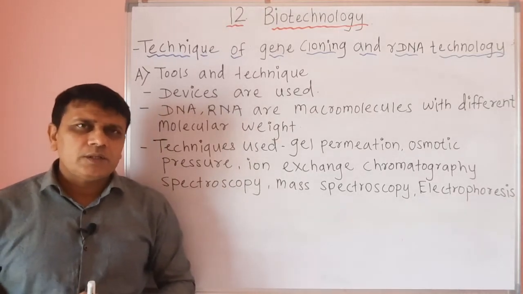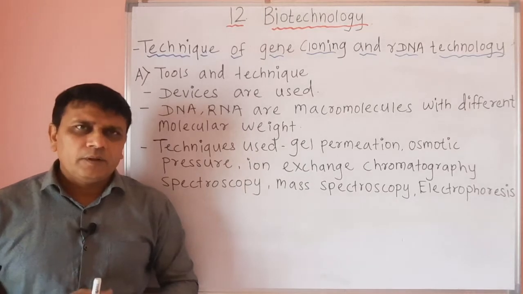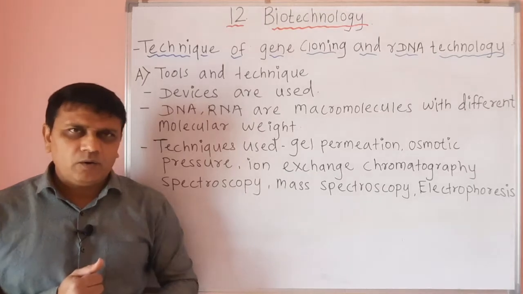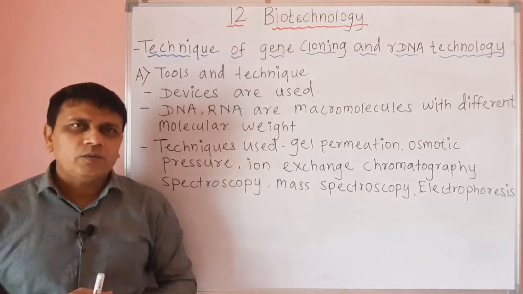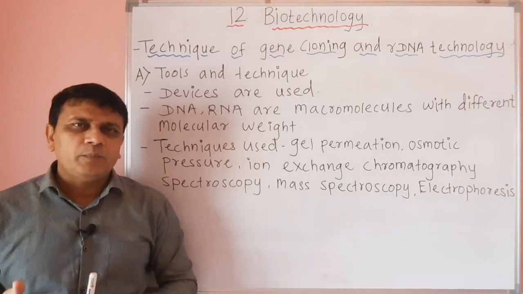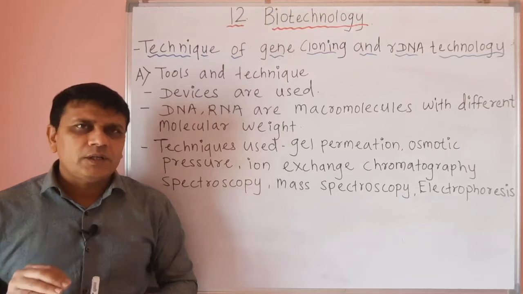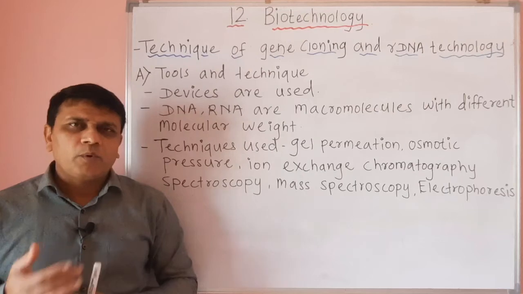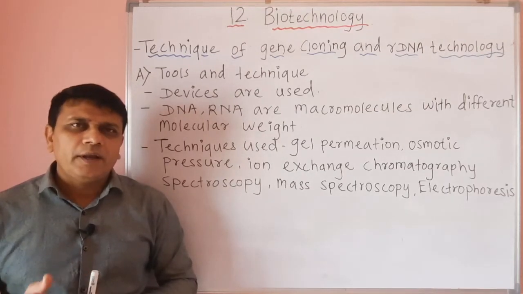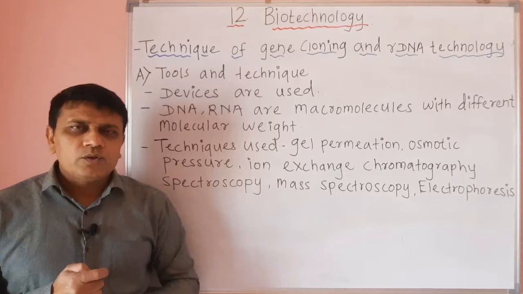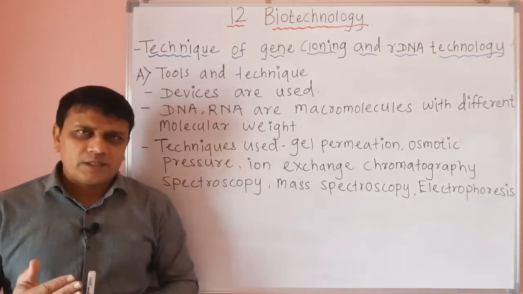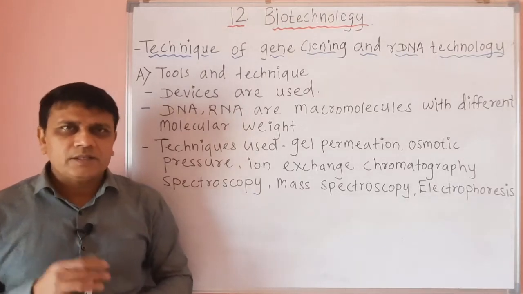Now there are different tools and techniques used in modern biotechnology. In our previous sessions we have learned regarding the traditional biotechnology and modern biotechnology. So, modern biotechnology involves the process of gene manipulation, then insertion of artificial gene as well as production of artificial gene, then producing recombinant DNA as well as gene cloning. So, for this purpose different technologies as well as different devices or tools are necessary.